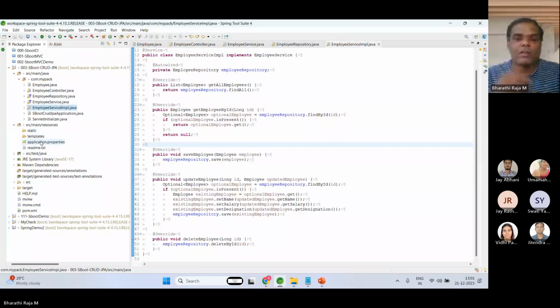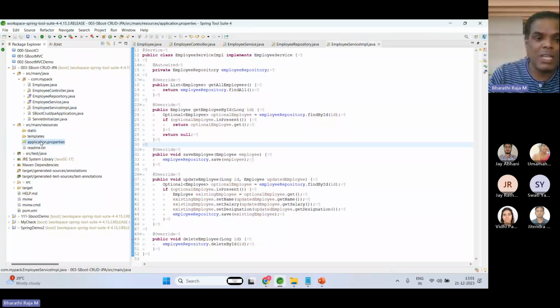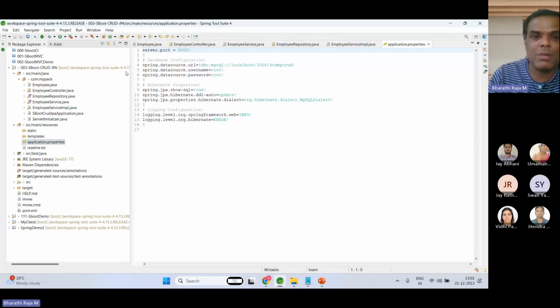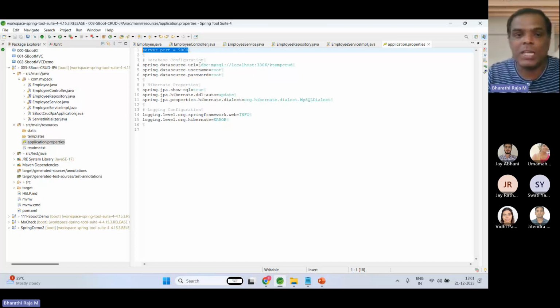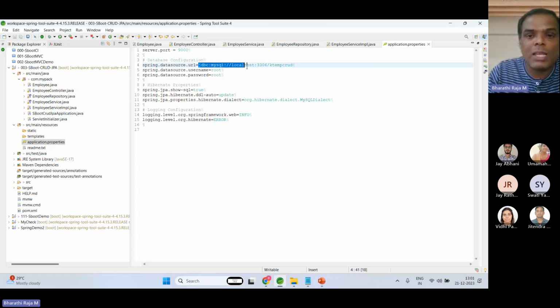I told you when we work with Spring, we provide all the config details in the XML. But here, no need to go for XML. I am just informing the port I want to work with on Tomcat. But if I want to work with the database, I need to inform the proper URL. You know how to make a JDBC connection. So here I am working with Spring. So my URL is